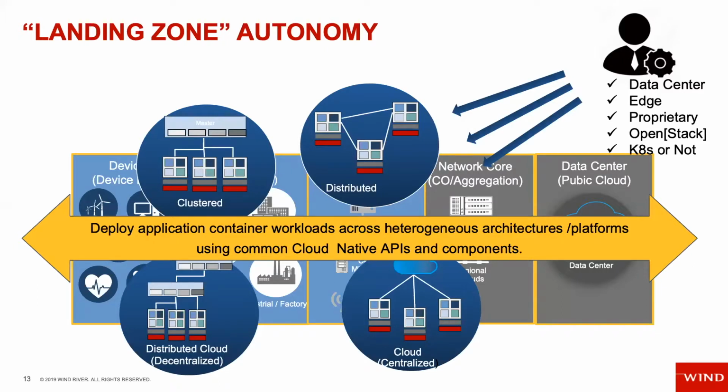So whether your landing zone for your container is a data center, the far edge or the near edge, whether the platform that you're deploying to is proprietary or open, it could be OpenStack or other open source cloud platforms, and even whether you're using Kubernetes or not, doesn't really matter. You develop a container and deploy that using standardized